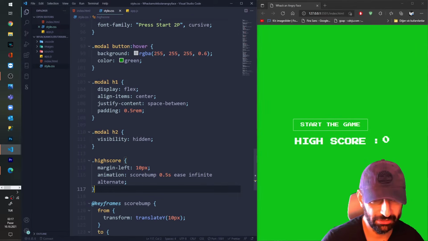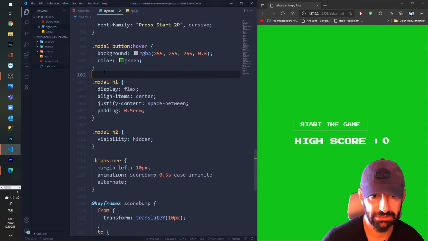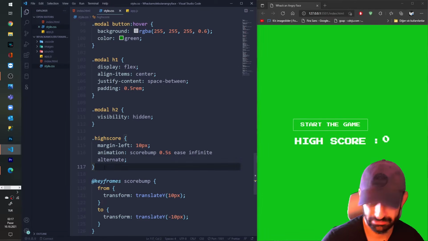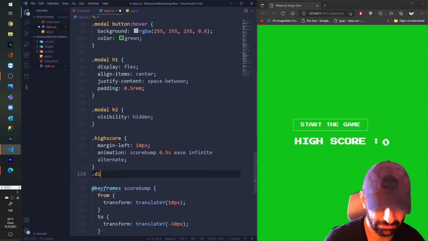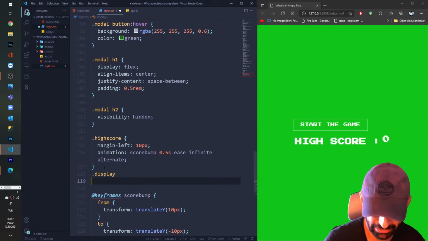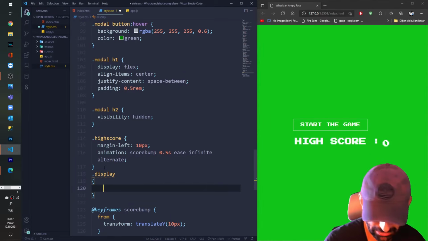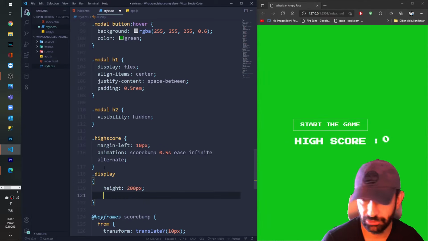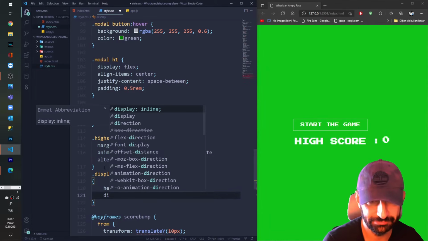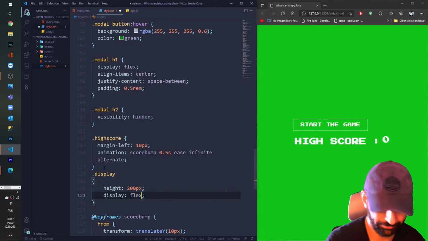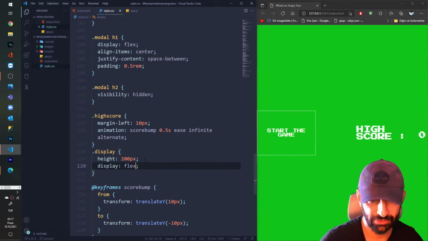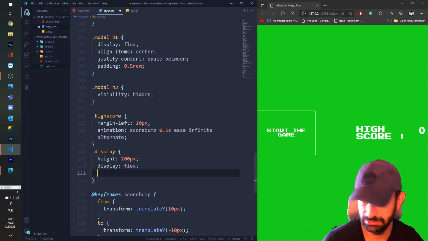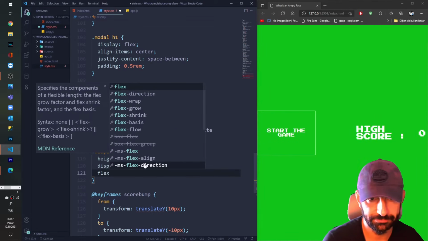Say what's going on. I forgot to display my style my display div. I say height 200 pixels. I'm not gonna give the color white because I get it inside my model. I say display flex. Sorry, not for this. Flex direction column.